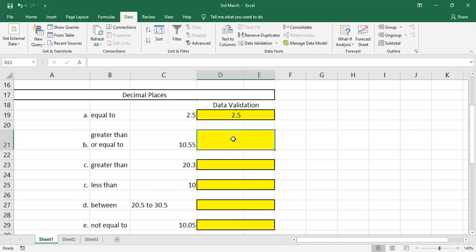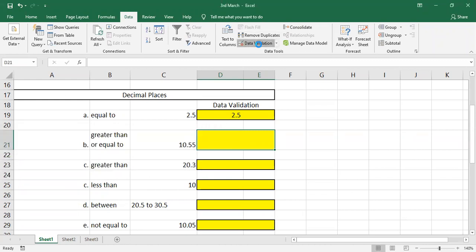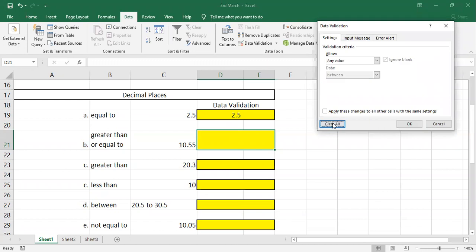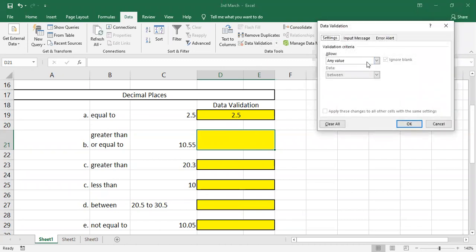Now, in this cell, it should accept a value greater than 10.55. So now let's check how to do it. Data validation. I think before I have given some validation, let me clear the validation which I have given here. Okay, I'll select this data validation.